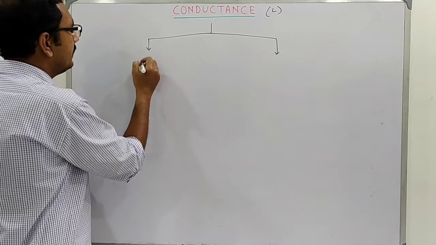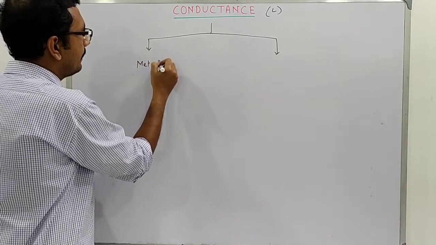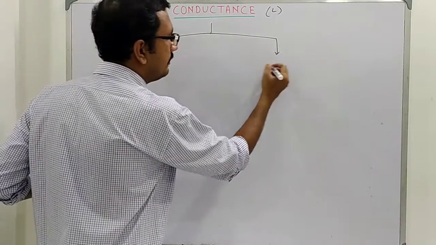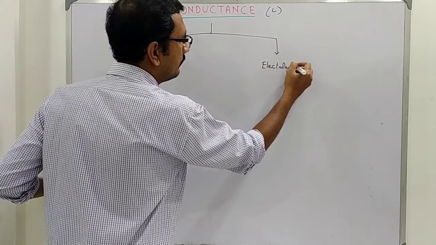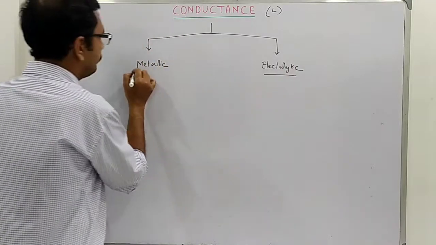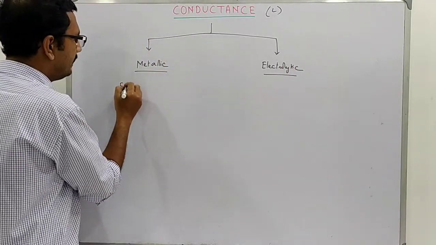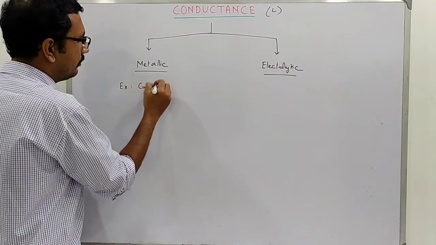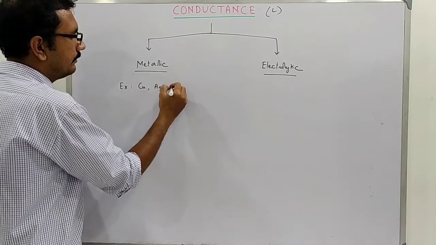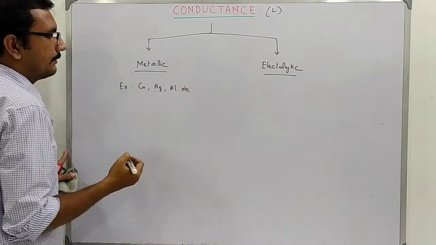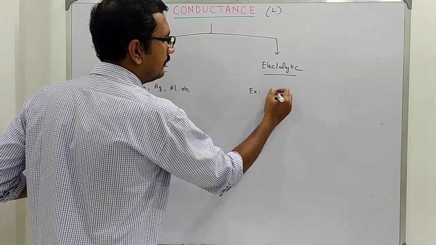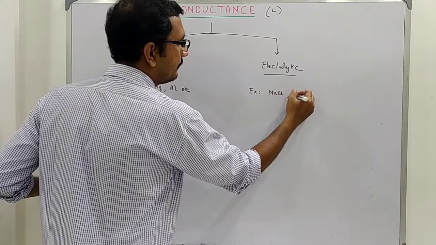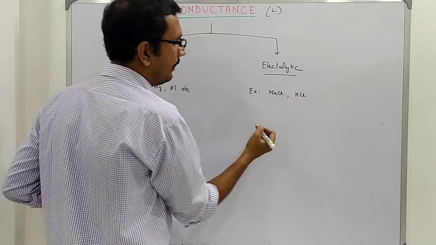So, one is metallic and the other is electrolytic. Examples of metallic conductors are copper, silver, aluminium, etc. And examples of electrolytes are NaCl, HCl,